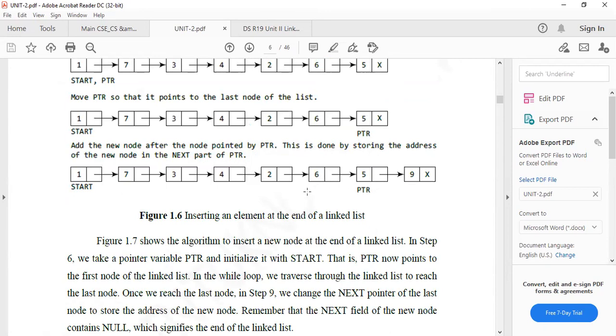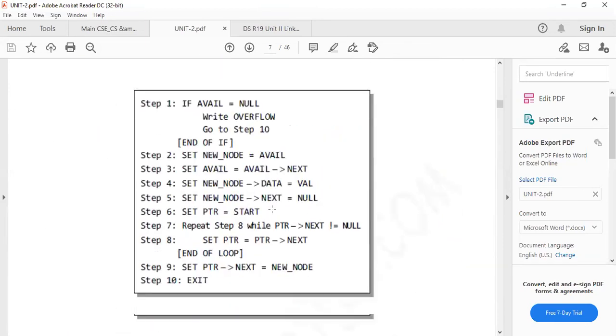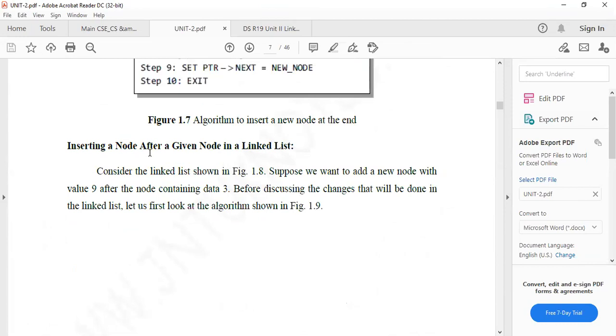For example, if I want to add a new node after 2, or otherwise before 2, this is the condition. I hope you understood this. I want to add a node before 2 or after 2, or before 4, after 4, or before 6 or after 6, or before 5 or after 5, before 3 or after 3. In any position, if I want to add, this is the procedure. So I'll show you the procedure. First of all, after a node.